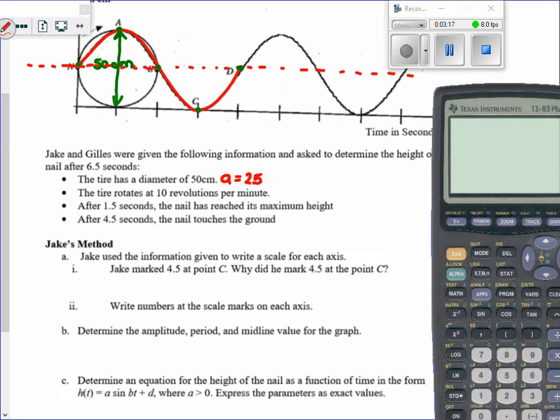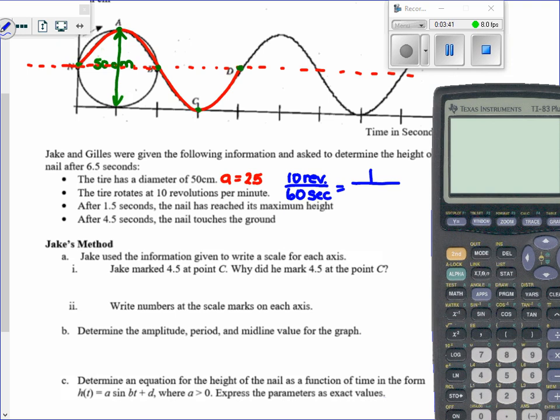So we can just make a simple comparison. If we know that there's 10 revolutions in 1 minute, 1 minute is 60 seconds, so 10 revolutions in 60 seconds, then we want to know one revolution or one complete period of this sine function will happen in,